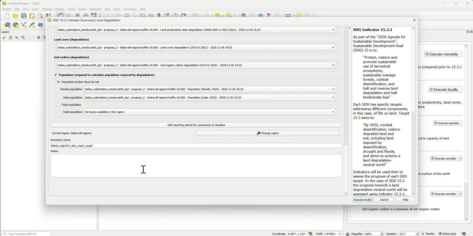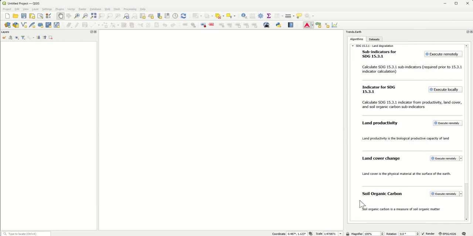Making sure to take notes: baseline 2001 to 2015, because we are using the Trends.Earth LPD, then first progress 2015 to 2019, and second progress 2015 to 2023. And then I hit execute locally.